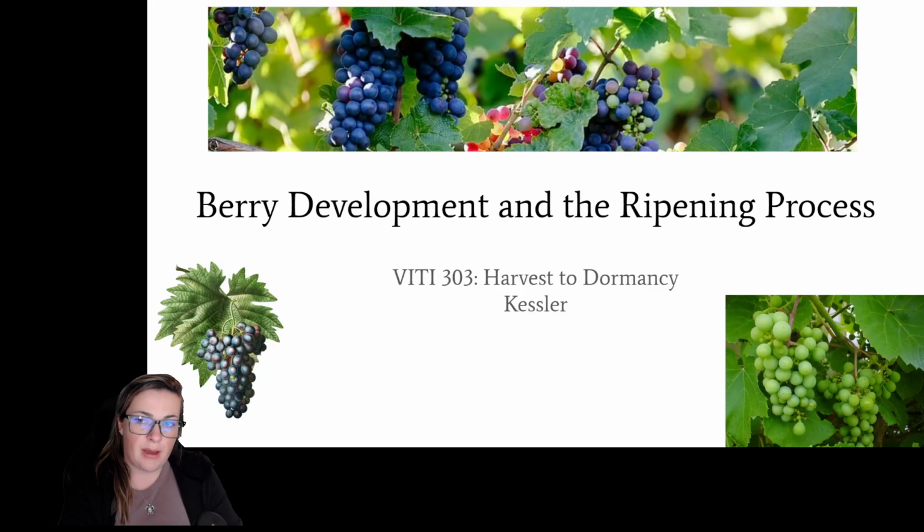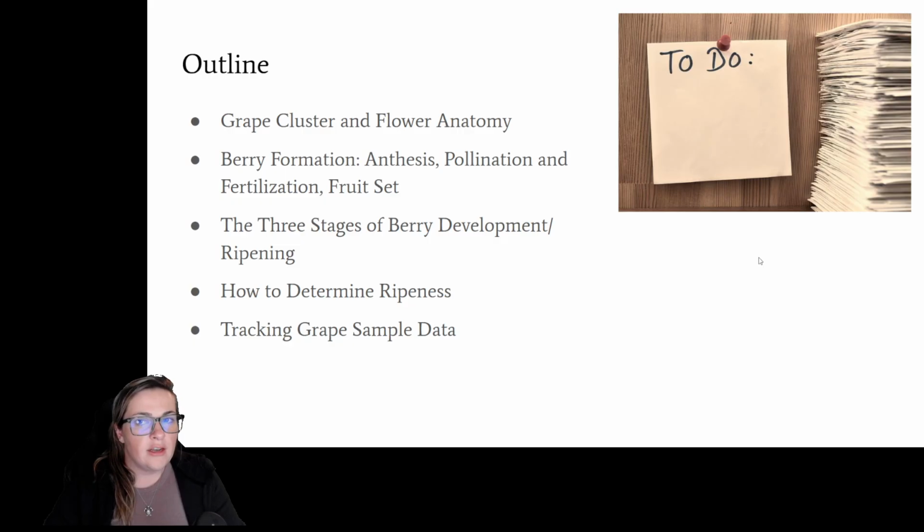Tonight we're going to talk about berry development and the ripening process for grapevines. And this, of course, is for our Vidi 303 class covering everything that happens in the vineyard from harvest to dormancy. So, outline of what we'll talk about tonight, we'll talk about grape cluster and flower anatomy, berry formation, which